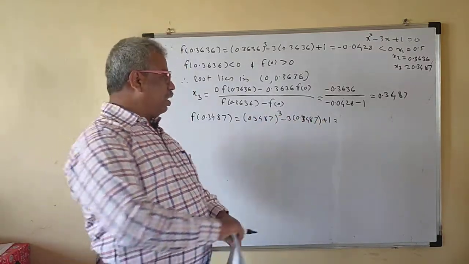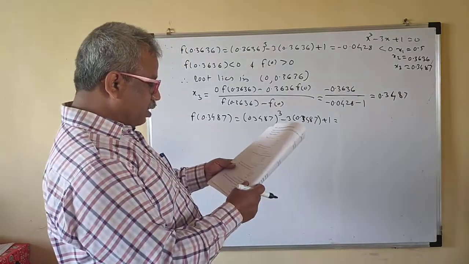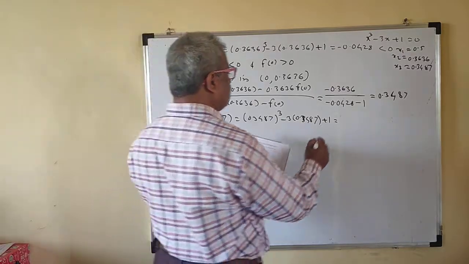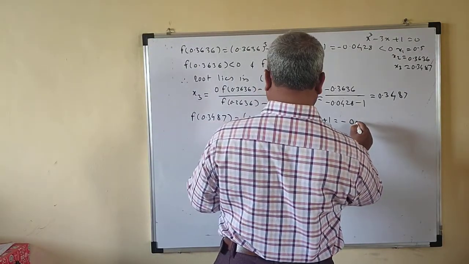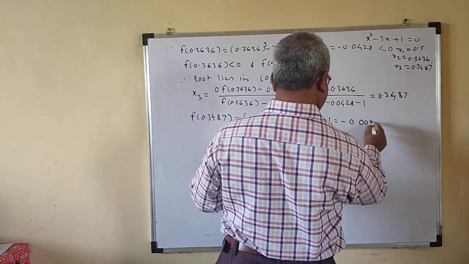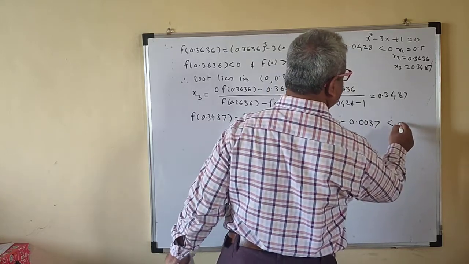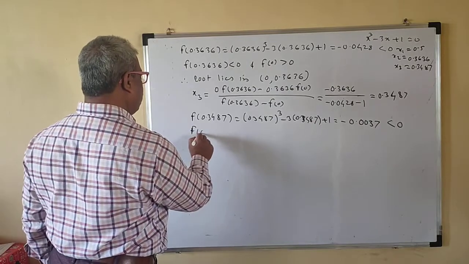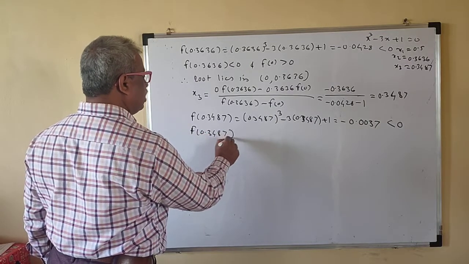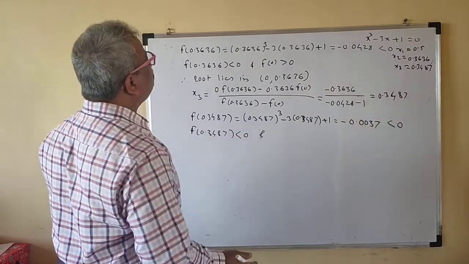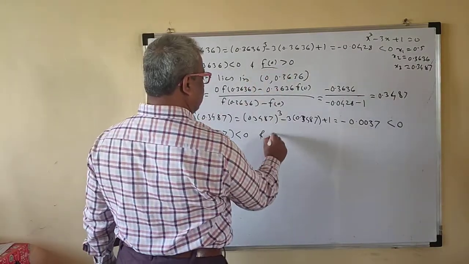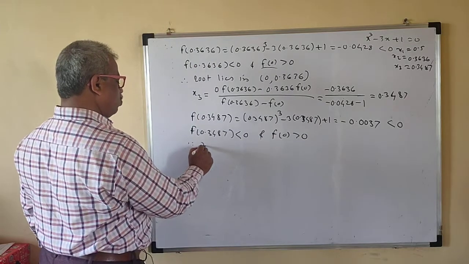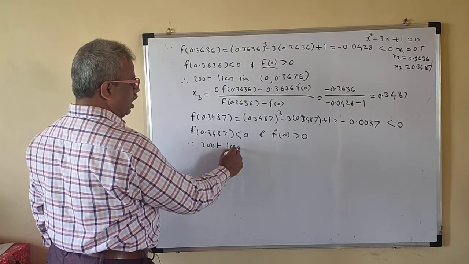Right, now here just write equal to. So you get the value minus 0.0037. Now this is negative. Okay, so now your f of 0.3487 is less than 0, and the previous one, f of 0, was greater than 0. So therefore the root lies in